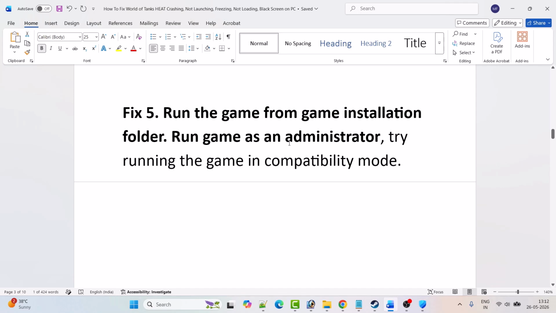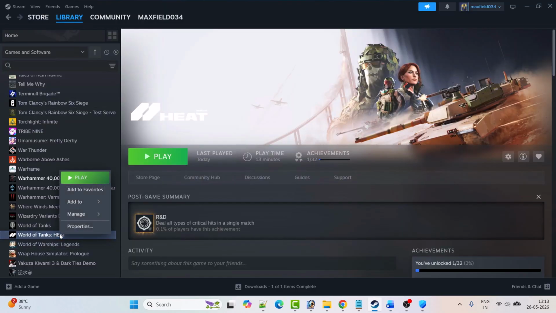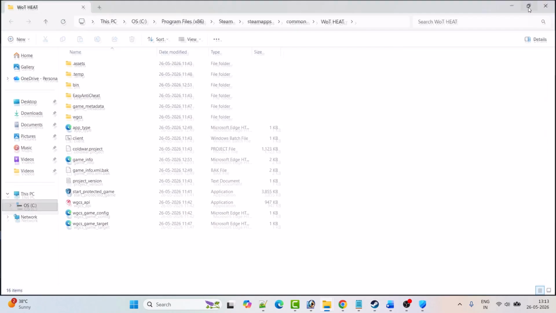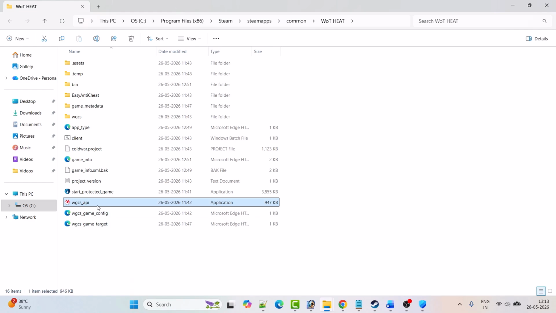Run the game as an administrator or try running the game in compatibility mode. So open Steam, go to library, right click on World of Tanks Blitz game, manage, click on browse local files. It will take you to the game installation folder. Now first double click this WGCS API exe file and then try to launch the game and check if that